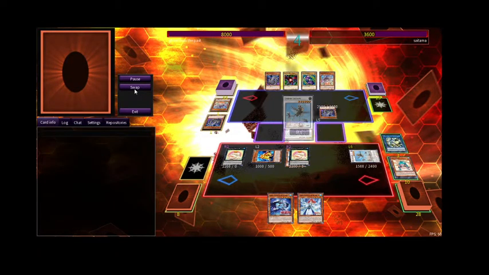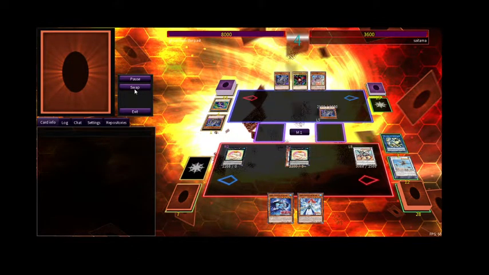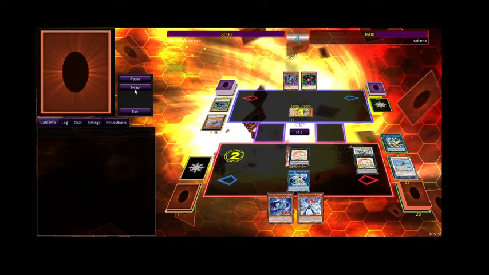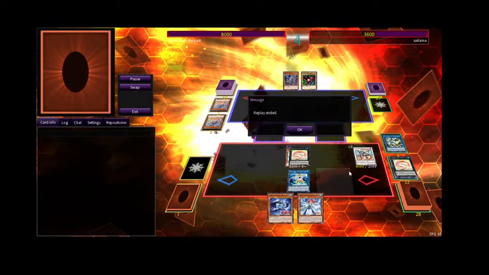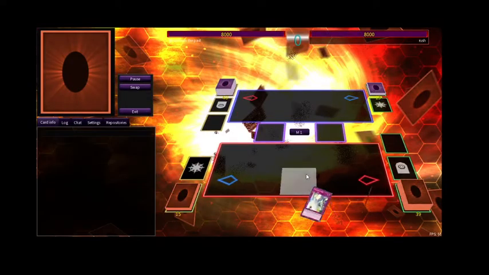So the guy gets hit with the full combo, which is good that I can show this combo. And we all know how good Trishula is, recovering advantage. So even though this deck doesn't gain a lot of advantage, it's still able to decently keep advantage because of